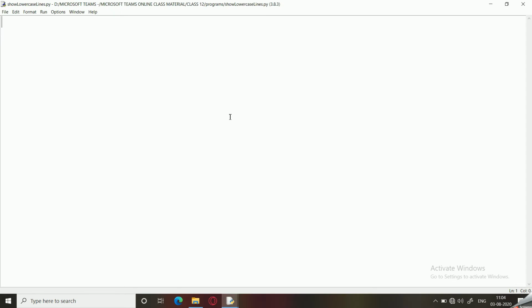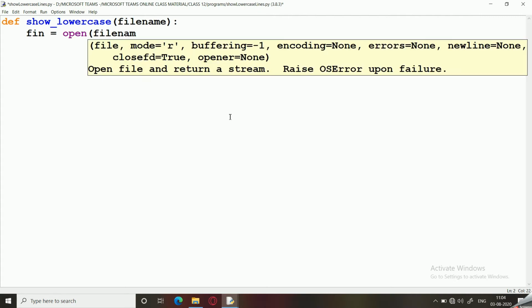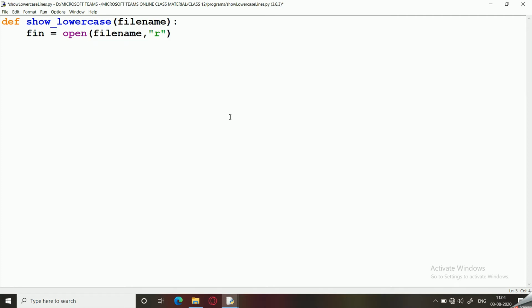We will first start with the name of the function, show lowercase, which accepts the file name, and fin equals open file name, R. Now what I have done is whatever file name the user gives, we are going to provide that as an argument over here.